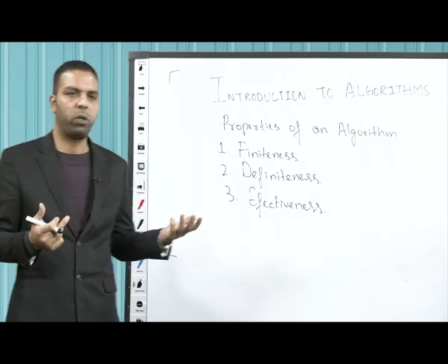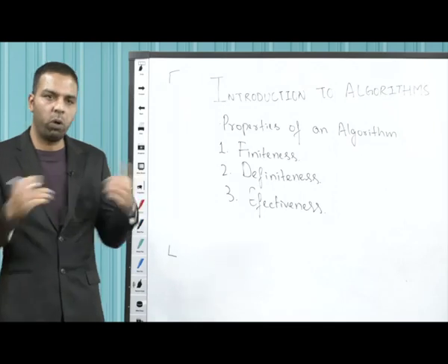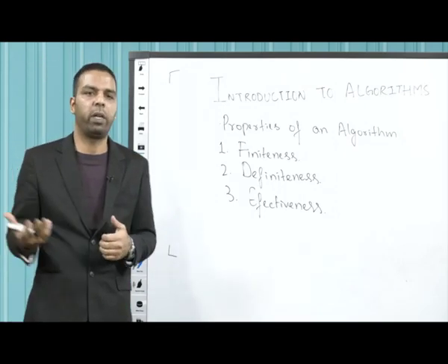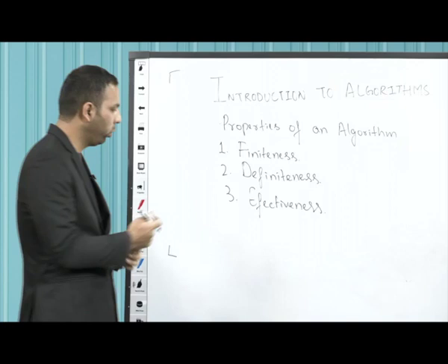So that means effectiveness. You should not write something which you cannot do yourself, because then a computer cannot do that as well. Okay. So the fourth one is